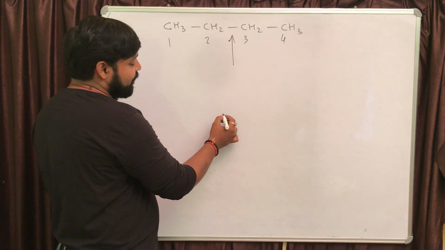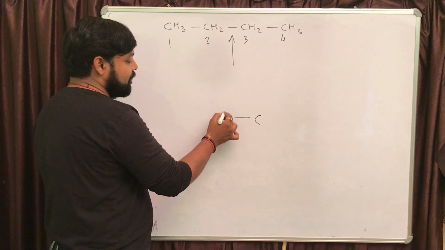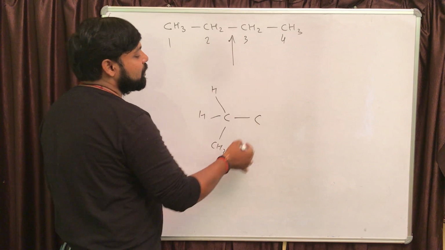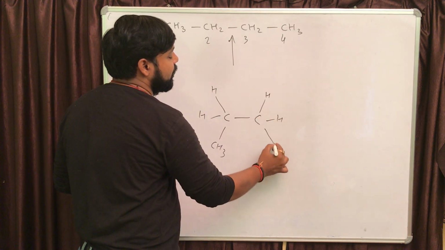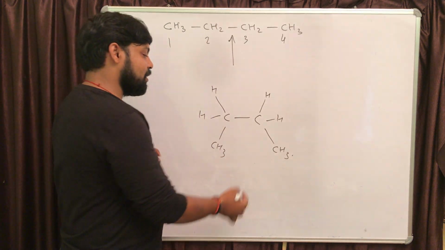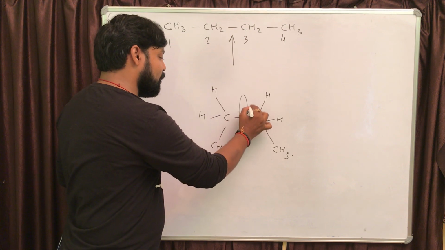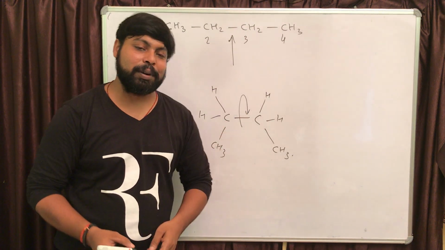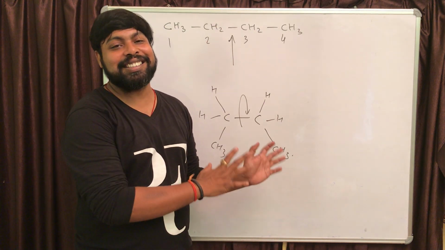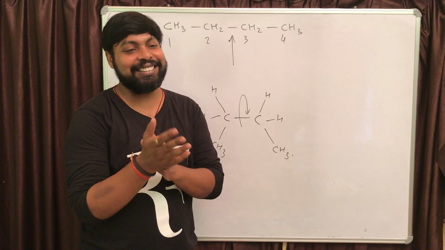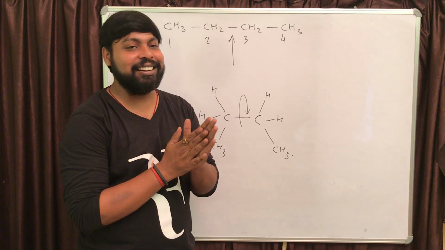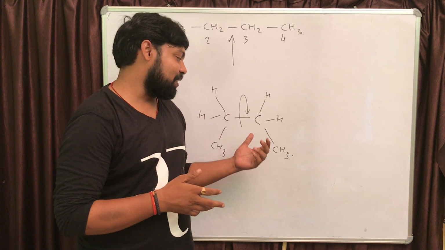Because look at the situation, carbon number 2 is having 2 carbon hydrogen bond and 1 carbon CH3 bond. Similarly, carbon number 3 is having 2 carbon hydrogen bond and 1 carbon CH3 bond, right? This is the structure, right? You need to rotate the molecule around this covalent bond between carbon number 2 and 3. Just you try this case, and try to draw the dihedral angle and energy diagram for the case of butane.